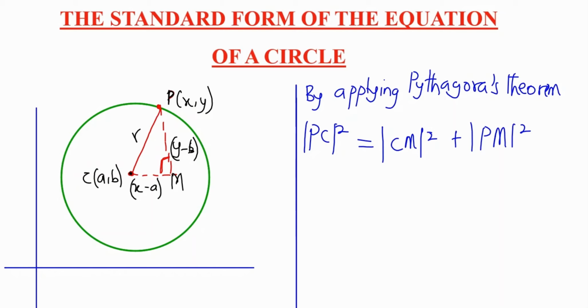Now what is PC? PC is what we know as R. So we have here R squared is equal to, CM is what we know as X minus A, so you have here X minus A squared plus PM is what we know as Y minus B squared. So this is what we have. Now, an equation of this form is what we call the standard form of the equation of a circle. So basically, we can see that hence,